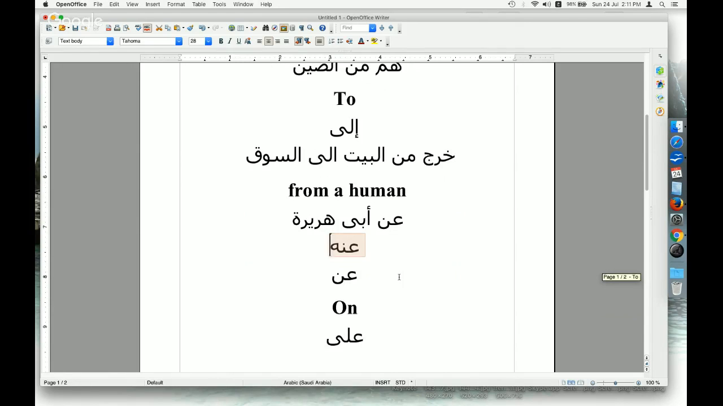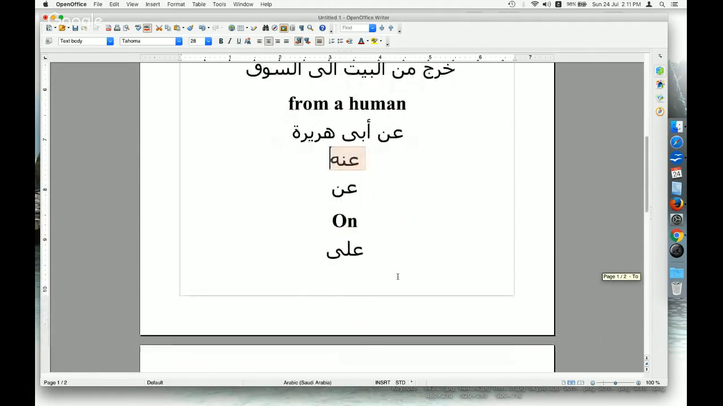Now we continue. On, which is ala, ala, ala. Ala simply is a word to present you put something on, same as you see in English when you say on the table, ala tawila. So if I want to say ala الطاولة,